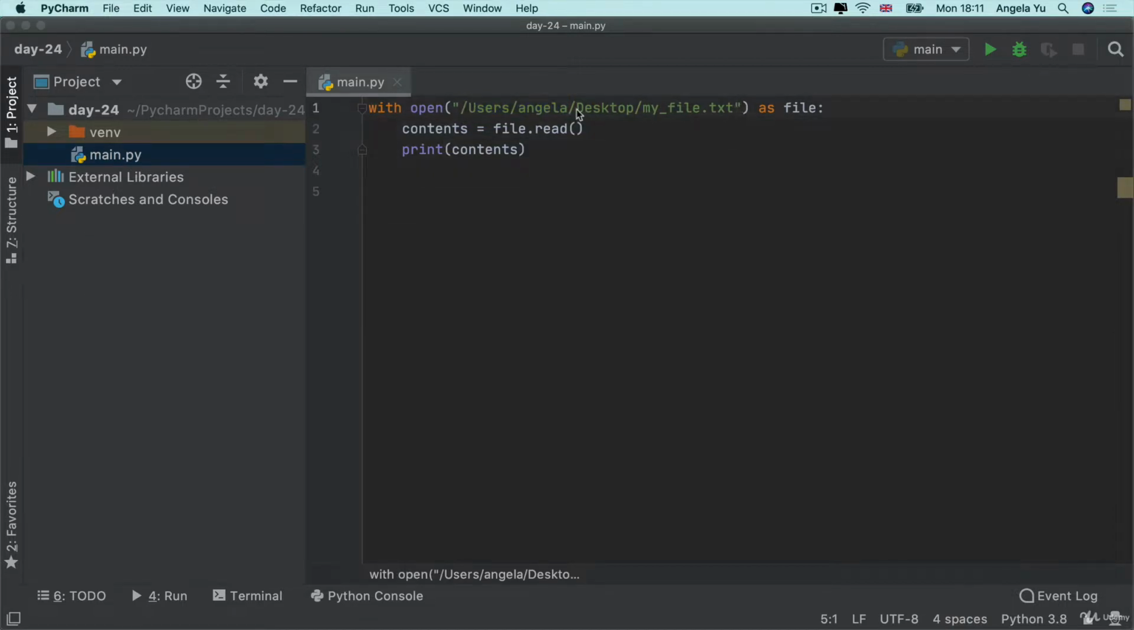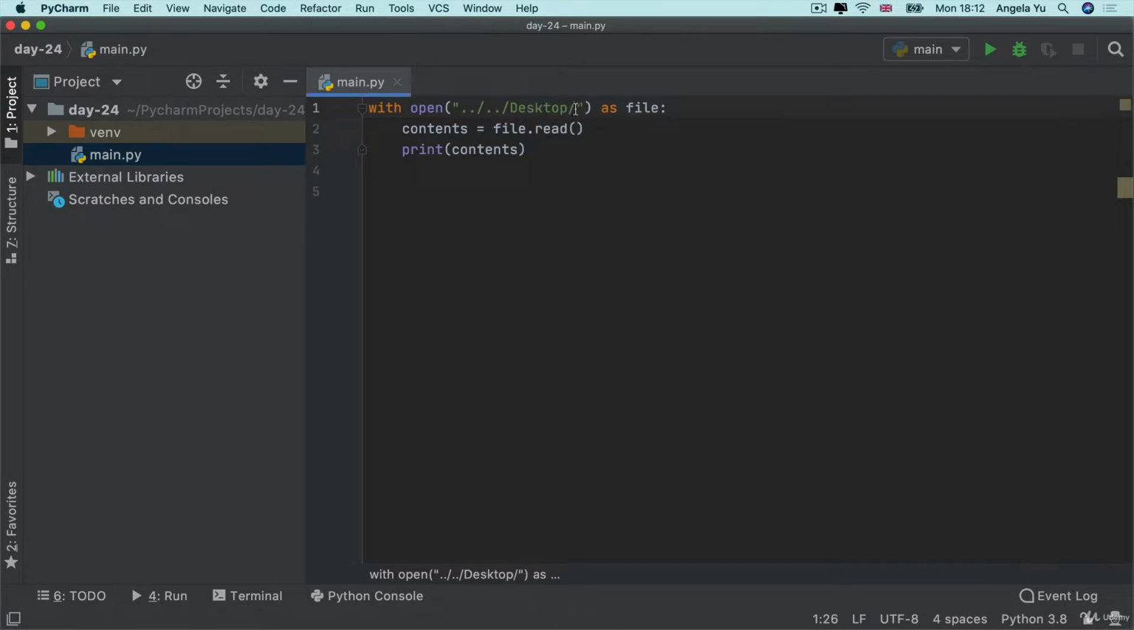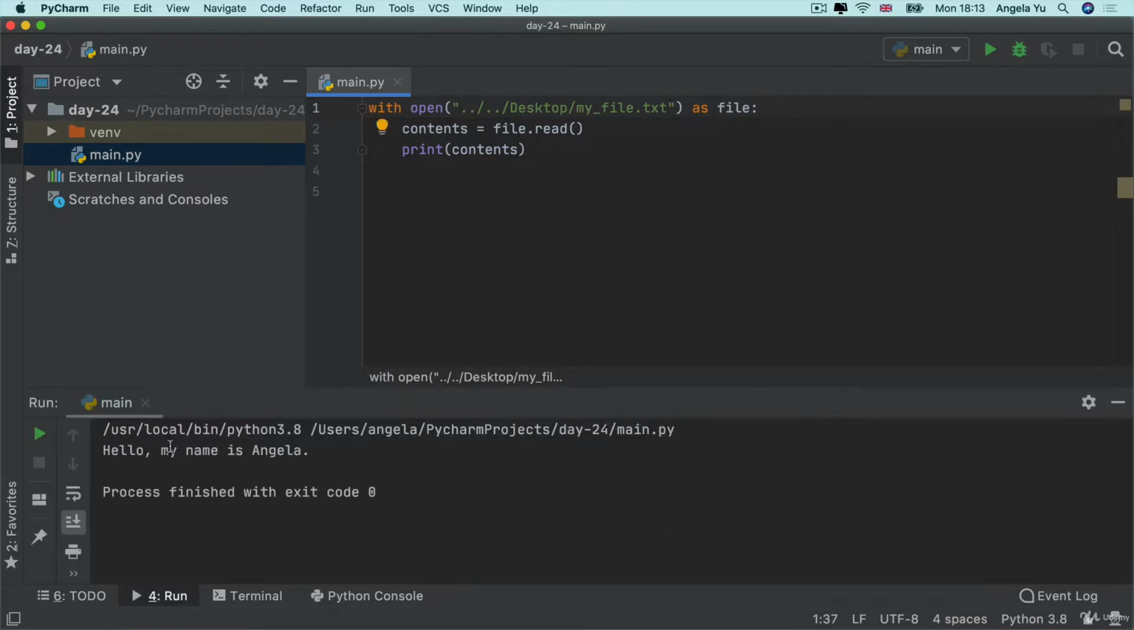So the way that we would modify this is, in order to get to this Angela folder where we can continue to our desktop and then to my file, we have to go up 2 levels. So that translates to ... And now we're inside the Angela folder, so we can start going down. And PyCharm is smart enough to know what your folder structure looks like. So it'll start giving you hints as to what folders are accessible at this level. So I can get to desktop and then I can get to myfile.txt. And if I go ahead and run my code, you can see it's able to read and print the content